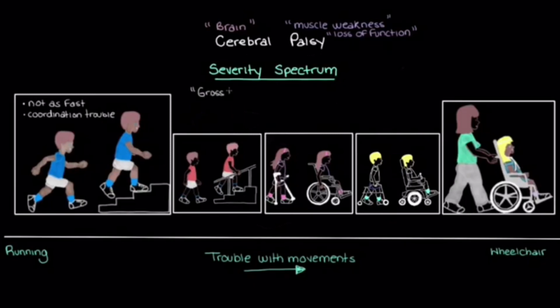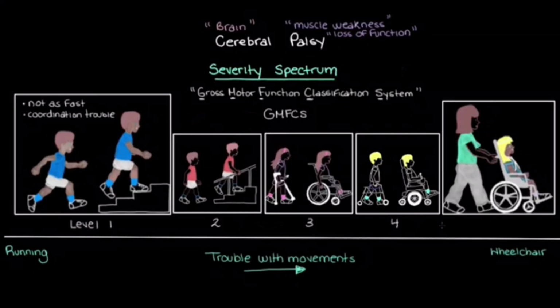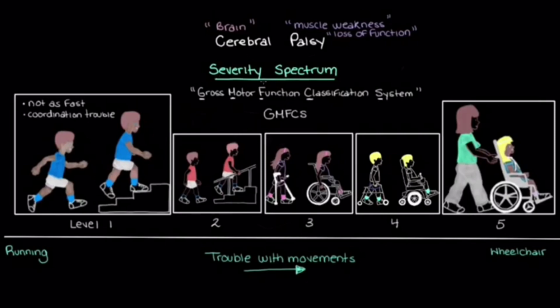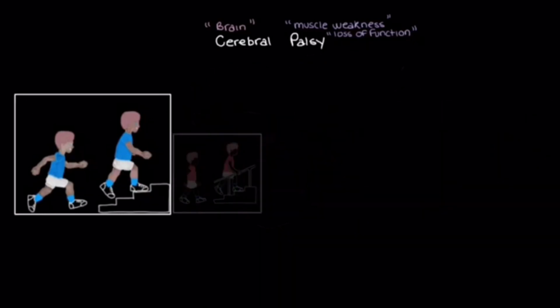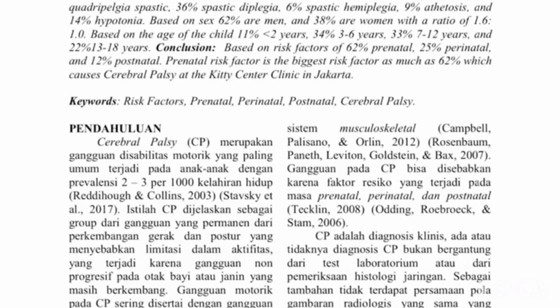What we're actually looking at here is something called the Gross Motor Function Classification System, or the GMFCS. Each of these pictures represents a different level of the GMFCS. This system is a really useful way of characterizing the severity of someone's cerebral palsy. It gives us a good, fairly standard way to get an idea of a person's movement abilities or their movement impairments. So let's leave this for a moment and go back to those damaging events that I mentioned, the events that damage the movement centers during development and cause